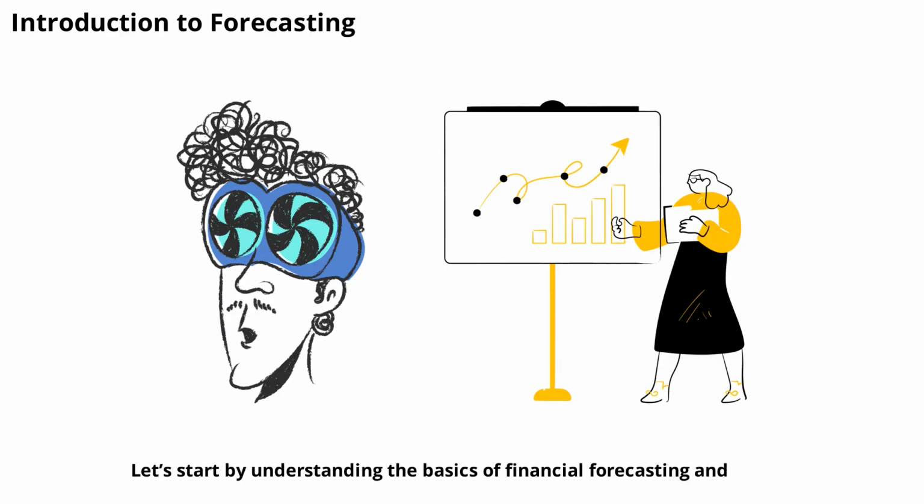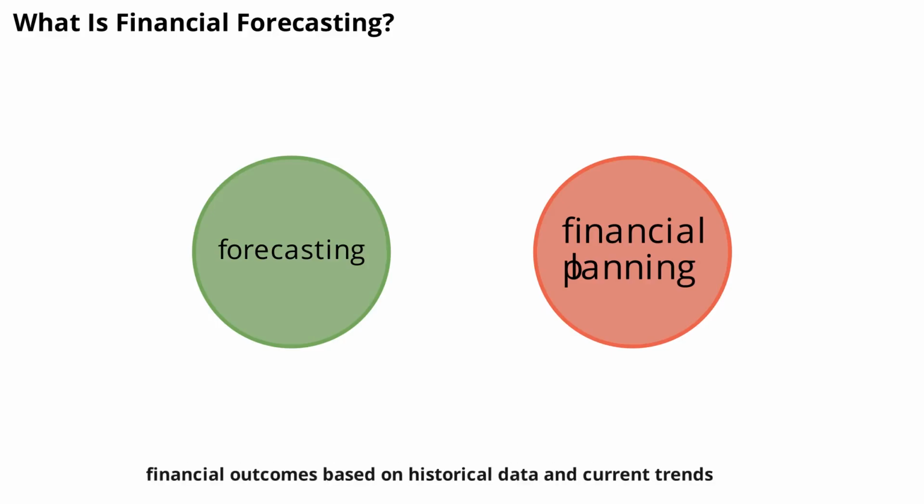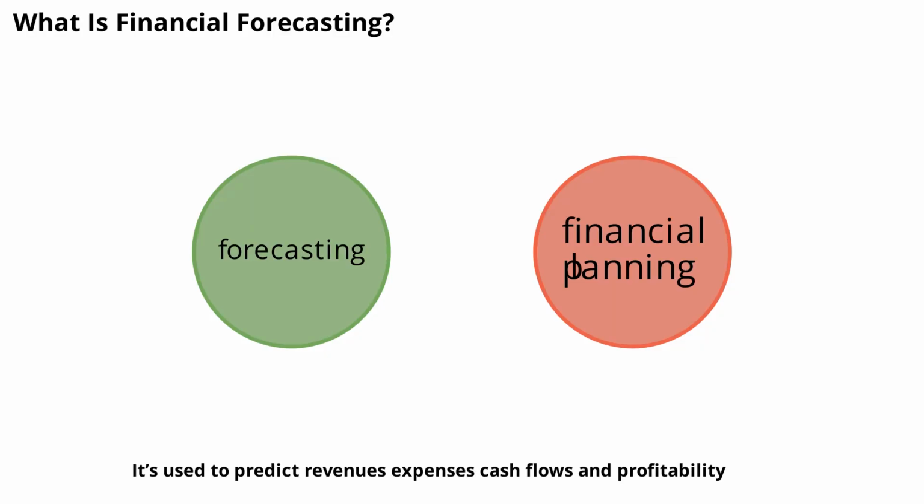for beginners and professionals. Let's start by understanding the basics of financial forecasting and why having the right tool can make all the difference. Financial forecasting is the process of estimating future financial outcomes based on historical data and current trends. It's used to predict revenues, expenses, cash flows, and profitability. Whether you're running a small business or managing personal finances, forecasting helps you set realistic goals and allocate resources efficiently. The right software can automate calculations, visualize trends, and simplify scenario analysis, making it accessible even if you don't have